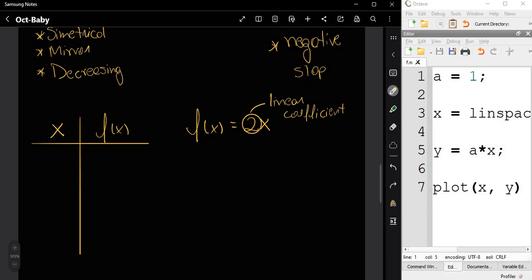So for -2 we get -4, for -1 we get -2, for 0 we get 0, for 1 we get 2, and for 2 we get 4.